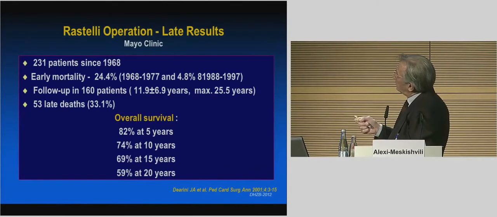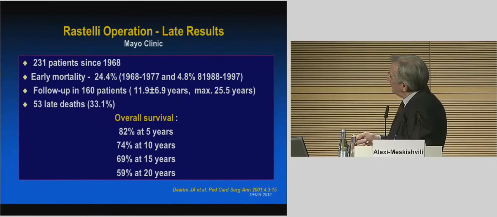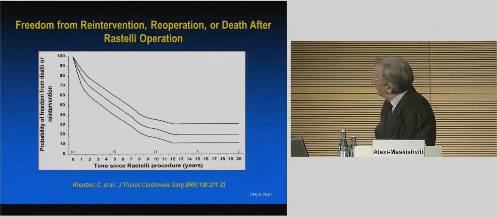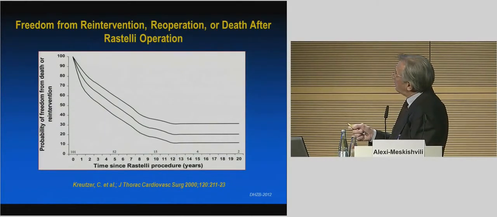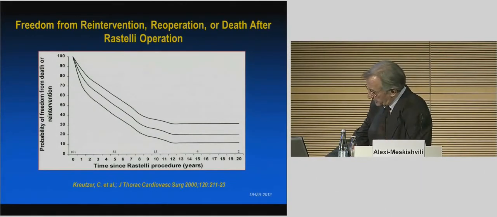This is a big group of patients analyzed at the Mayo Clinic with early mortality at that time of 24%, and now about 5%. Follow-up of 160 patients, 33% late deaths, overall survival. And this is the problem with the Rastelli operation, because you see here the freedom from reoperation is very low. After 20 years, it's only about 30%. This is the reason